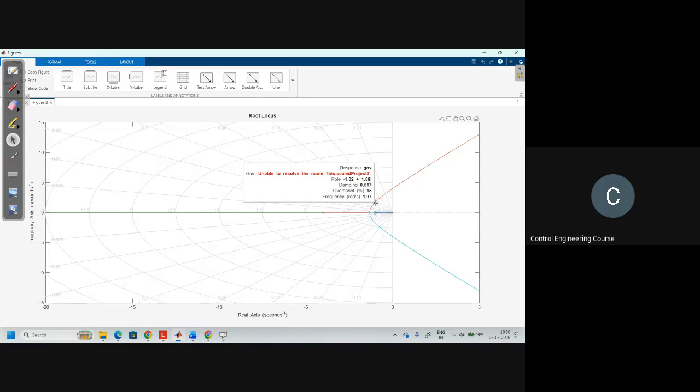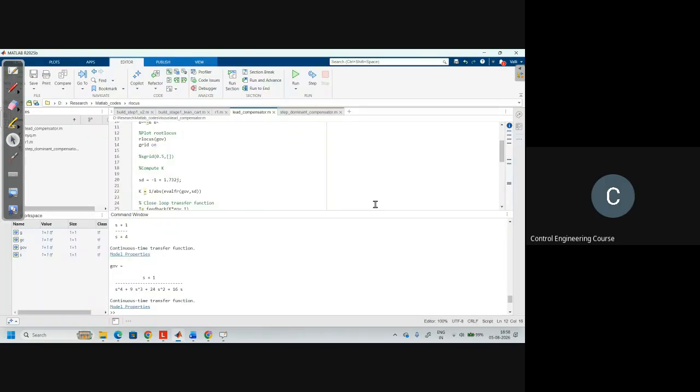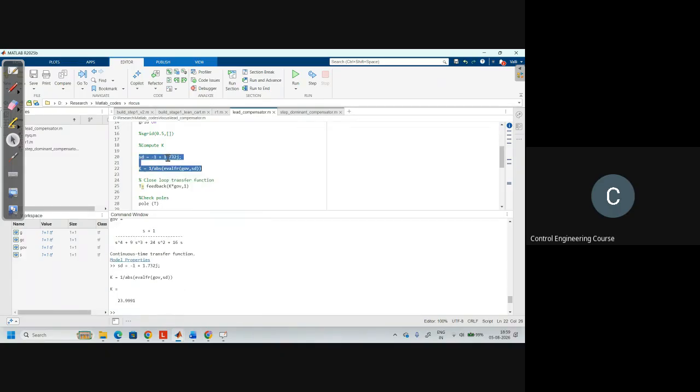So approximately 0.57. So this is 1.2 and 1.68, right? That is actually matching our value. For 0.5, we can get minus 1. That means after plotting, our compensator is placing the root locus on the desired pole. So the next step is what is the K at that point. So this is your SD, and what is the K at this point? The K is 23.99. We got 24, right? Exactly the same thing we got now.